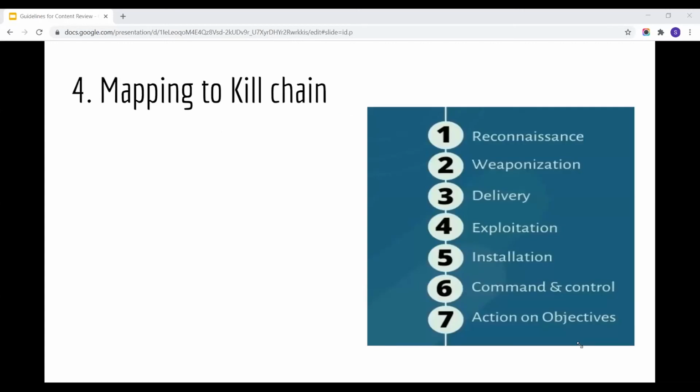Number four, actually mapping your content or your use cases into a kill chain. There are many kill chains, various models which will help you formulate your own kill chain. The Lockheed Martin cyber kill chain is one such. However, the MITRE ATT&CK framework has quickly become one of the most definitive resources of hacker techniques available today. The cybersecurity community increasingly talks about cyber attack techniques in ATT&CK terms, and chooses software based on the MITRE ATT&CK framework.